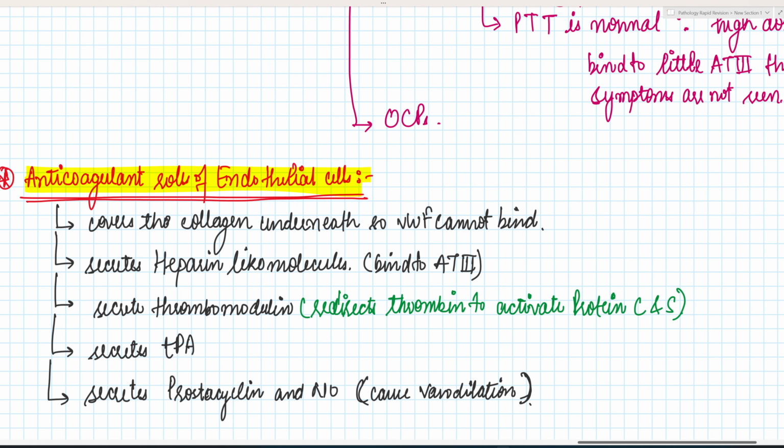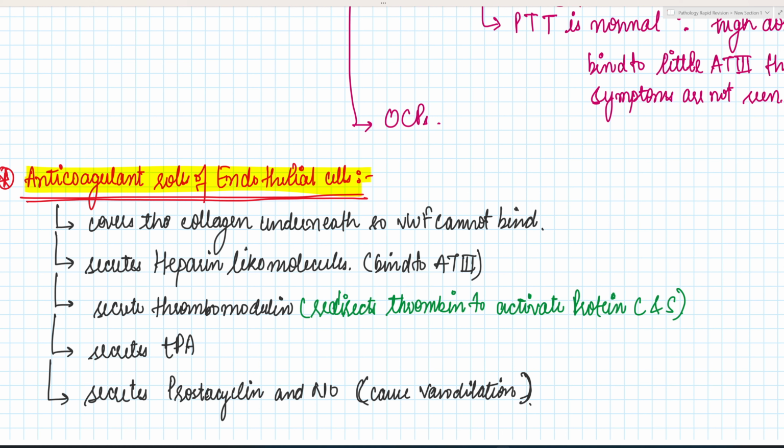Okay, secretes TPA. The fourth function is secretion of tissue plasminogen activator, and the final is secretion of prostacyclin, which is PGI2, and nitric oxide. Both are vasodilators, as we saw in the coagulation and the formation of the primary hemostatic plug. The first step was vasoconstriction in order to stop the blood flow, and in order to form a platelet plug, or in order to form a thrombus there, we needed to stop the blood flow momentarily so that platelets